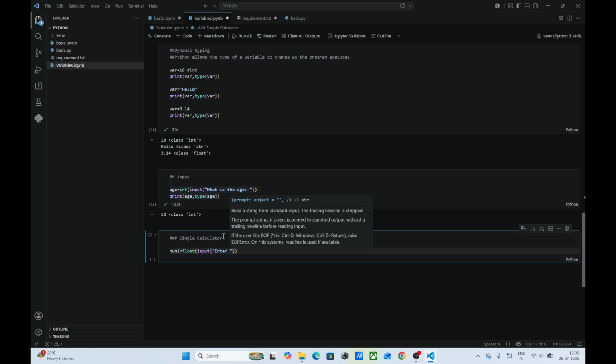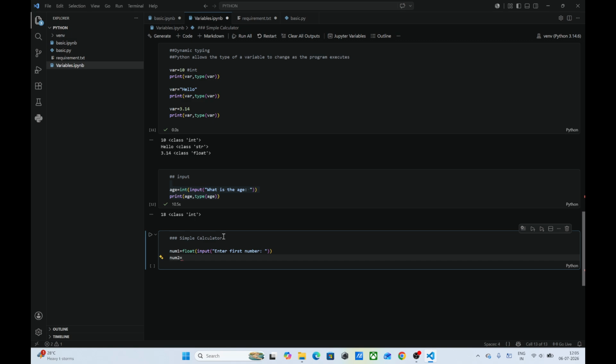Enter first number. In this inverted comma, you write the message that will show to the user. So I am asking the user to enter the first number,